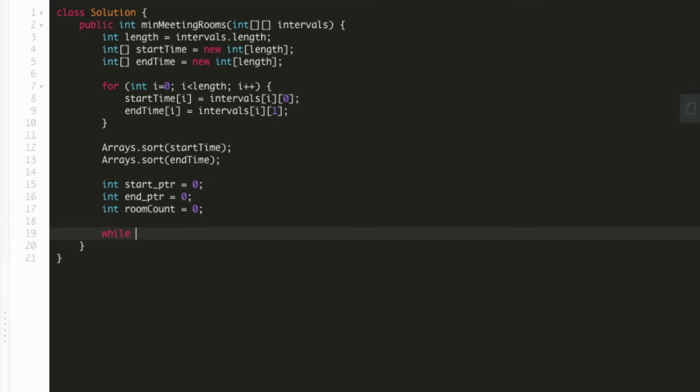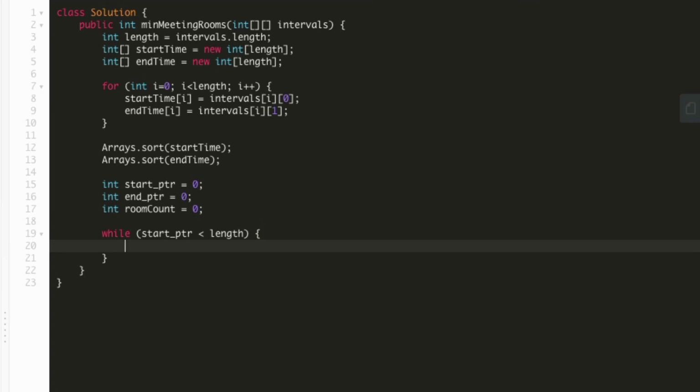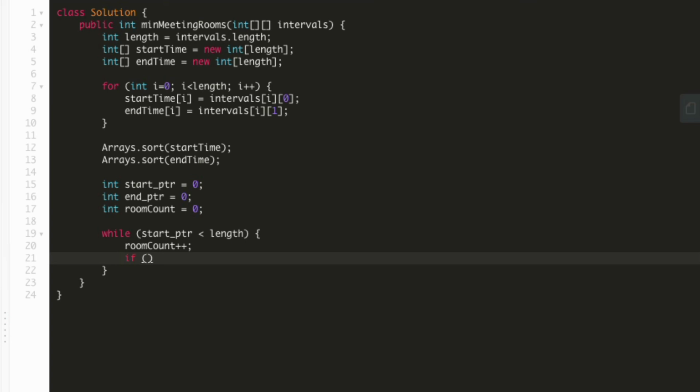Now I'm going to traverse the start time, while start pointer is less than length. So as per our explanation a while ago, every time that I encounter a new start time, I'm going to assume that I have to create a new room, right? So room count here will always be incremented, but I have to double check if I really have to do that. So if start time